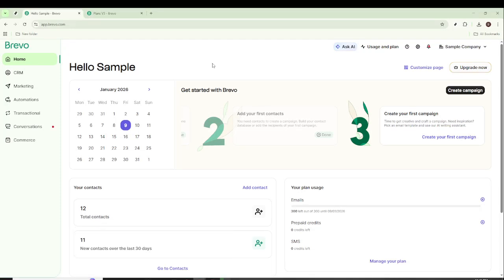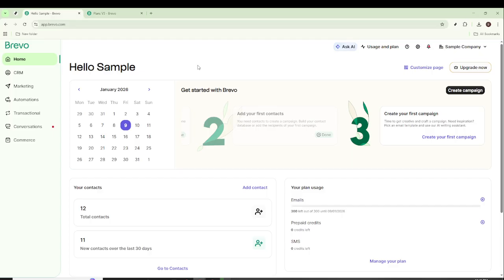In today's video, I'm going to teach you how to add tags in Brevo, step-by-step tutorial. Tags help you organize and report on your marketing efforts by grouping related campaigns so you can quickly filter results and understand performance at a glance. I'll walk you through where to find the tag option inside a campaign and what to expect if it's not